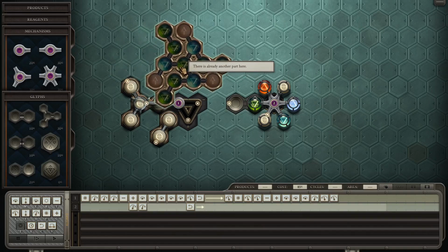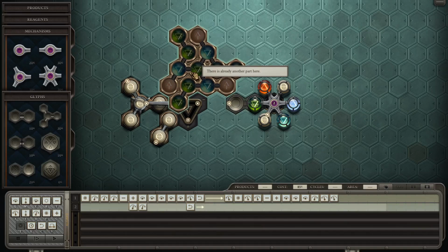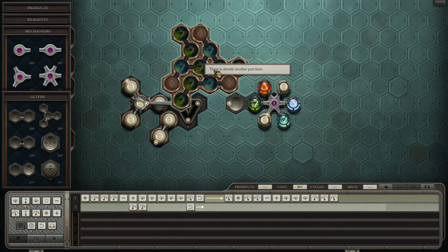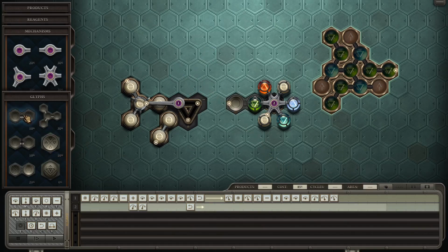Let's see... if that arm were out of the way, that could all fit. It might be able to be out of the way. Okay. So if this is here, right, this is there. What I need is to bond... Sure, that's actually quite reasonable. I can just put a bonding thing there, and when you turn left...